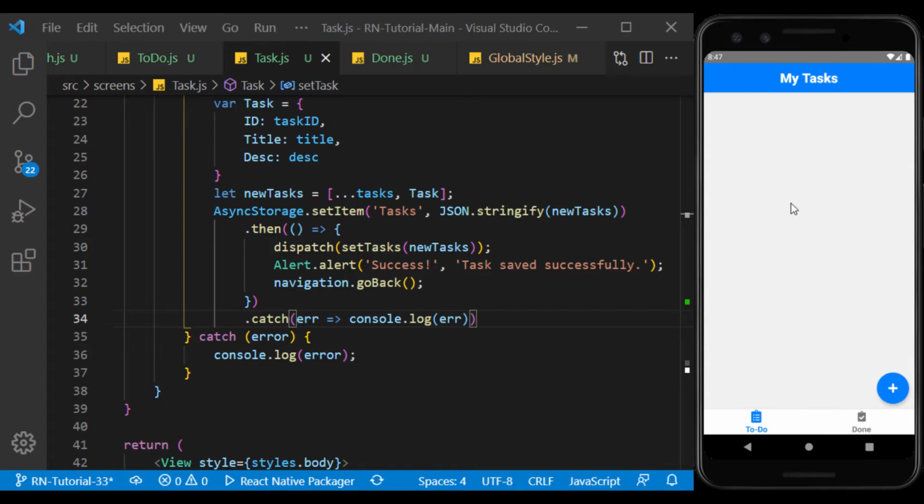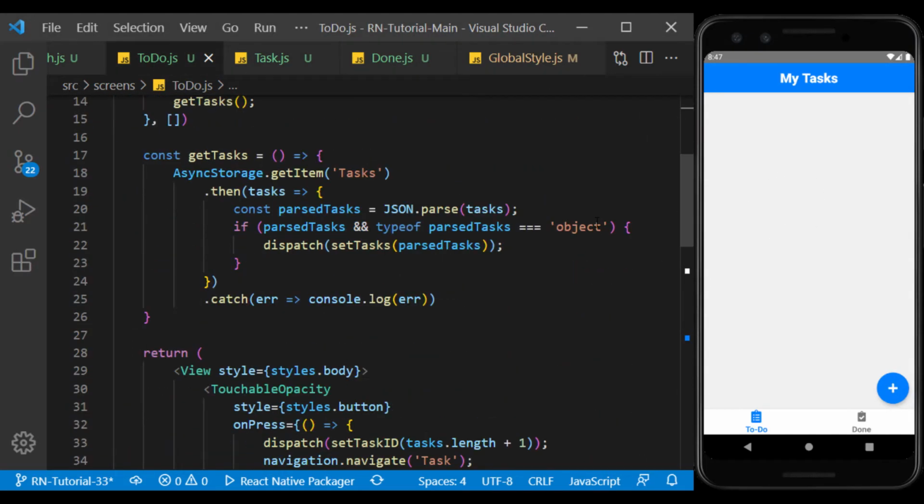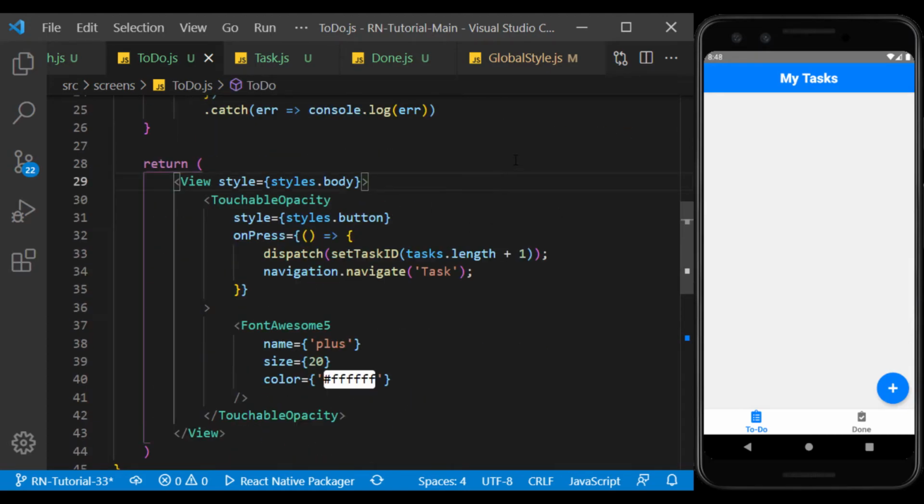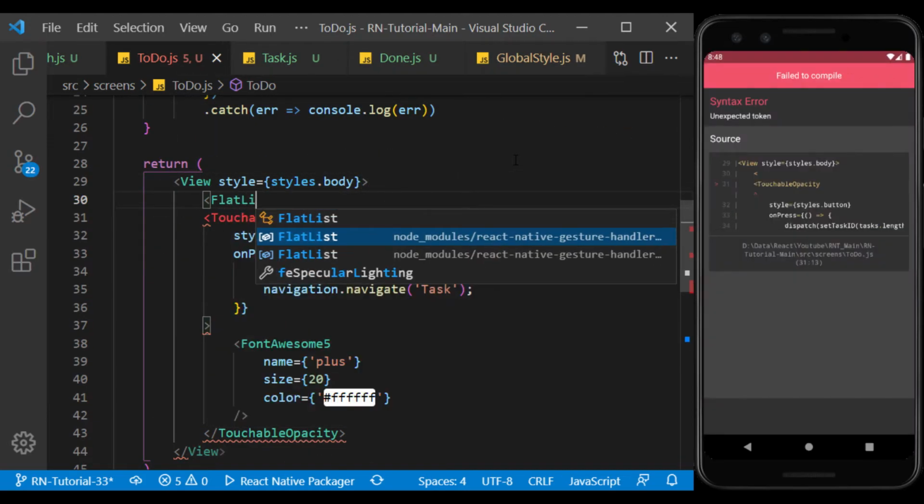We have not yet used the component to display tasks on this page. So I use a flat list to display the data in the tasks.